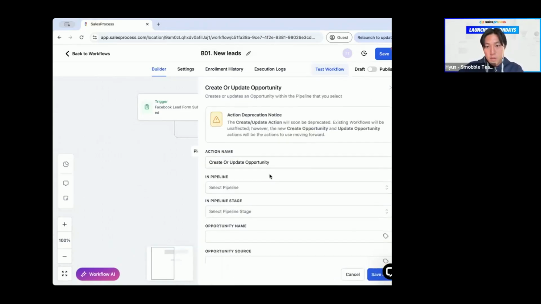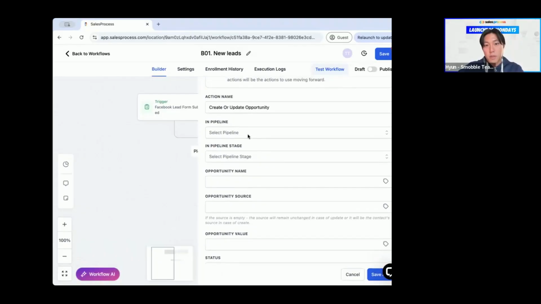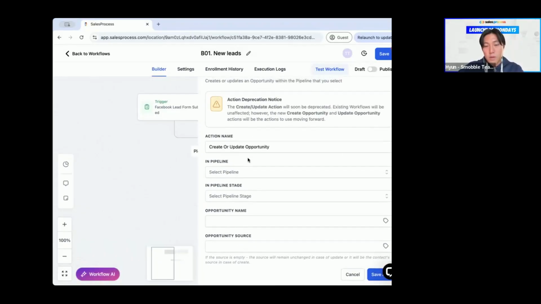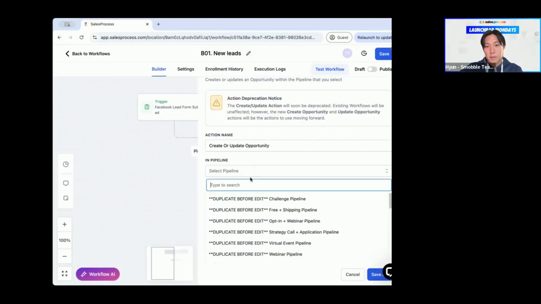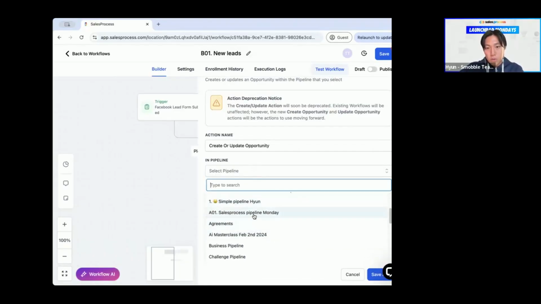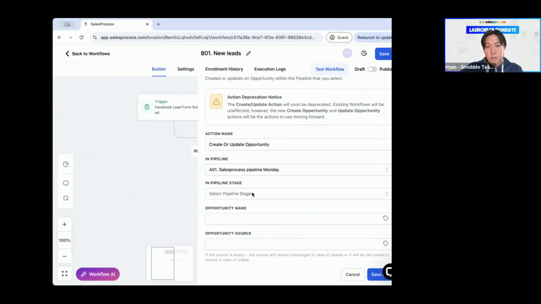The action name is create or update opportunity in pipeline. Go and choose the pipeline we just created, in the stage, new lead,